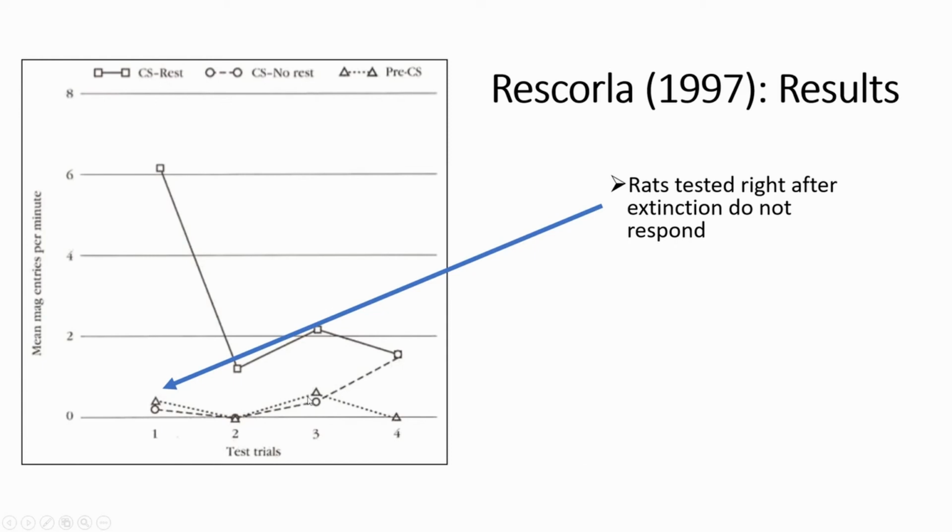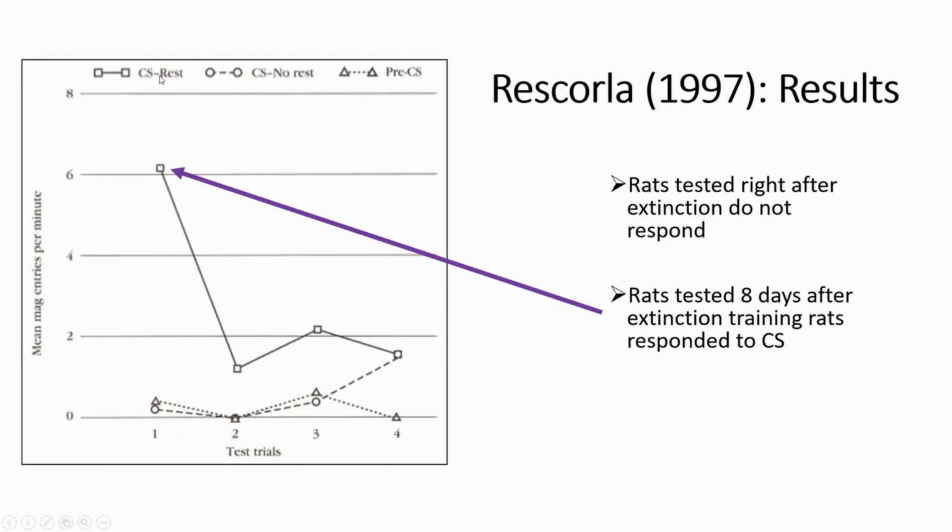So this is just our background level of feeder approaches from those rats, which should be very low. For our no rest group, the group that was tested right after extinction, they continued responding at very, very low rates. These open circles are still very, very low. So this is telling us that because they had just finished extinction, they still knew that they shouldn't respond to that conditioned stimulus. However, if we look at our CS rest group, this is the group that had that delay,